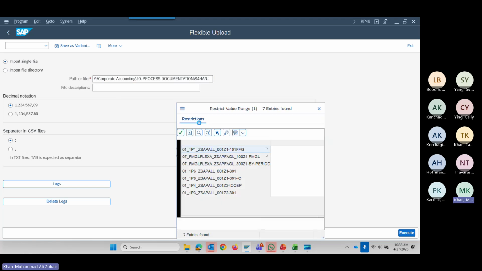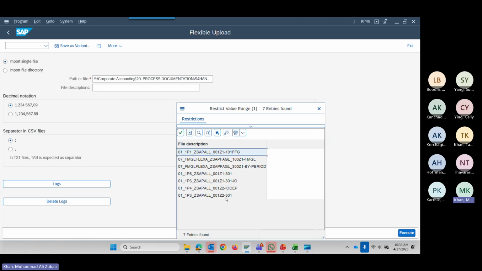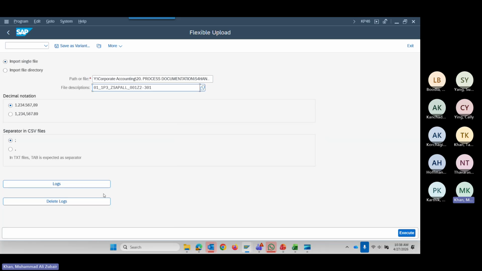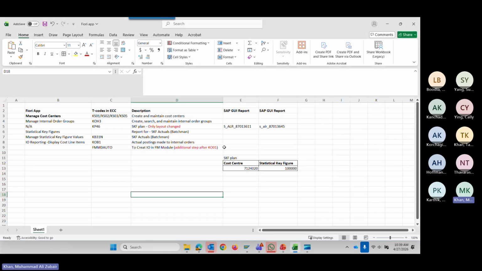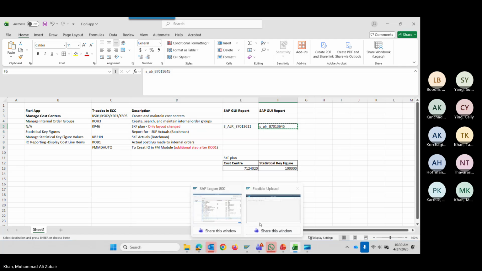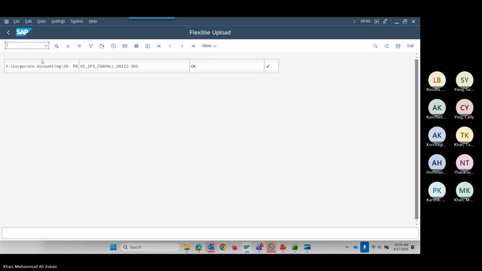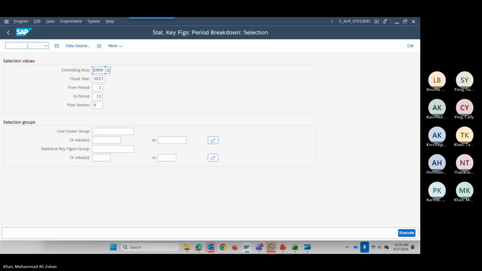And for the file description, the last one you have to select this 301. 1p3 is 301, you have to select, and there it is uploaded. If you want to check it, go to the report. This is the report, standard report. So cost center is